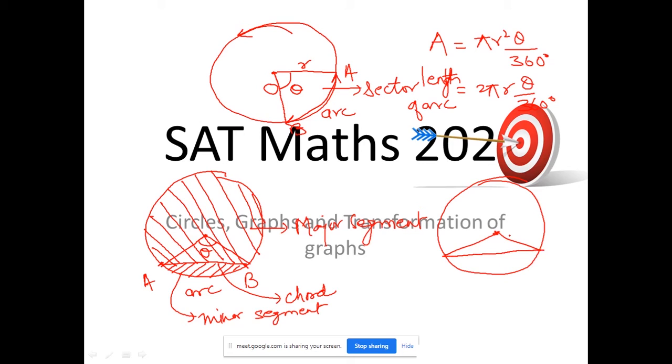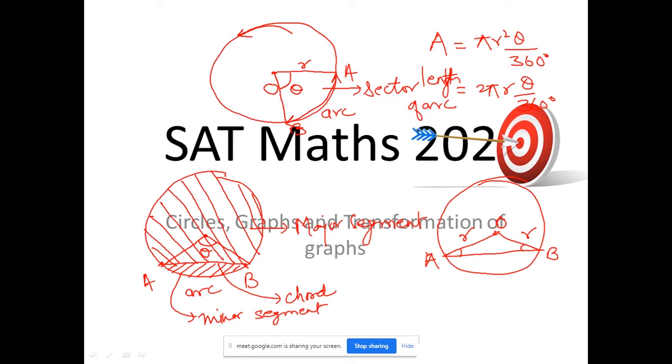Utilizing the triangle properties, this is center O, the opposite points are A and B. Now, what kind of triangle would it be? Would it be an equilateral triangle? Would it be an isosceles triangle? Would it be a scalene triangle? Isosceles, because two sides would be equal and they would both be equal to the radius of the circle. In that case, the two opposite angles would also be equal.